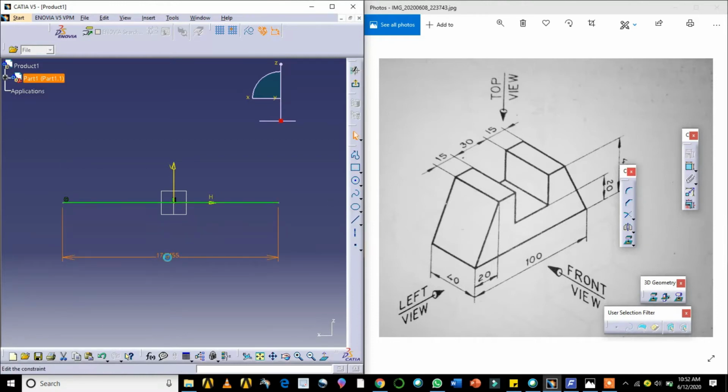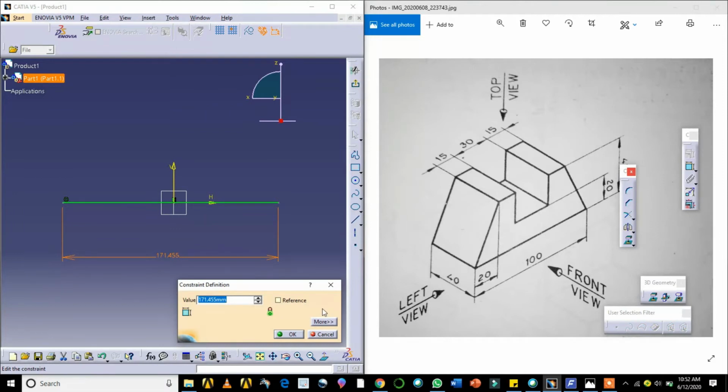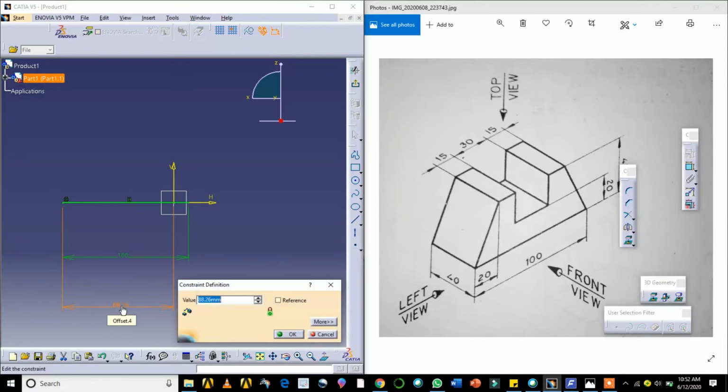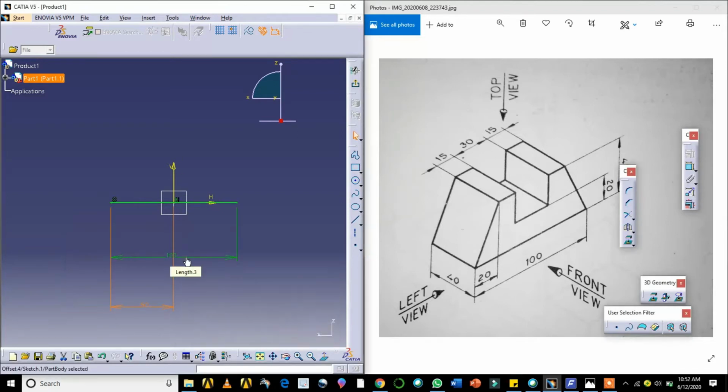This is how much? 100 mm. Next, I'll give a dimension from this to this, exactly half of this, 50 mm, so that this line will come exactly in the origin.